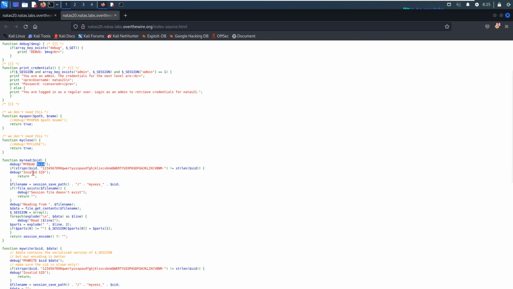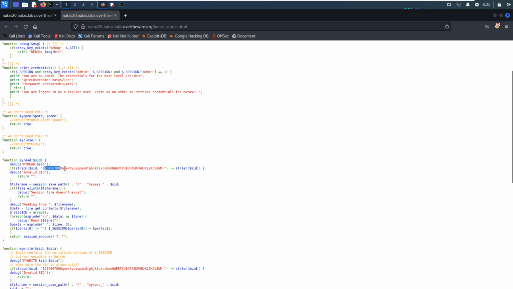Of course, maybe we cannot use brute forcing like we did against the previous two levels. In the two previous levels, the session ID consisted of simple digits, so we could use Python or Burp Suite to do brute forcing.